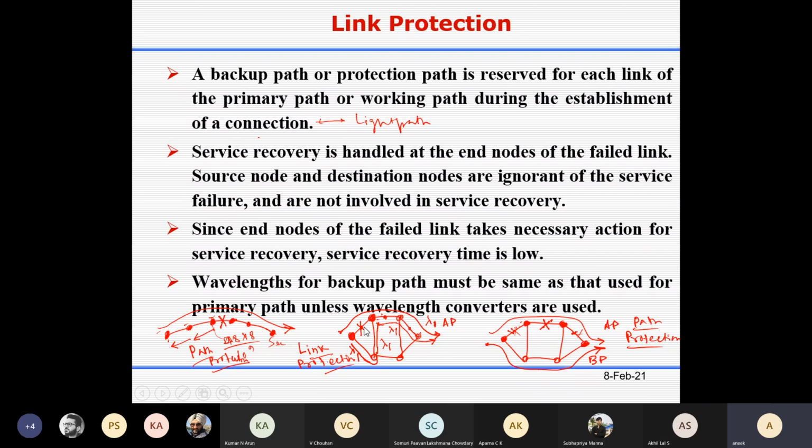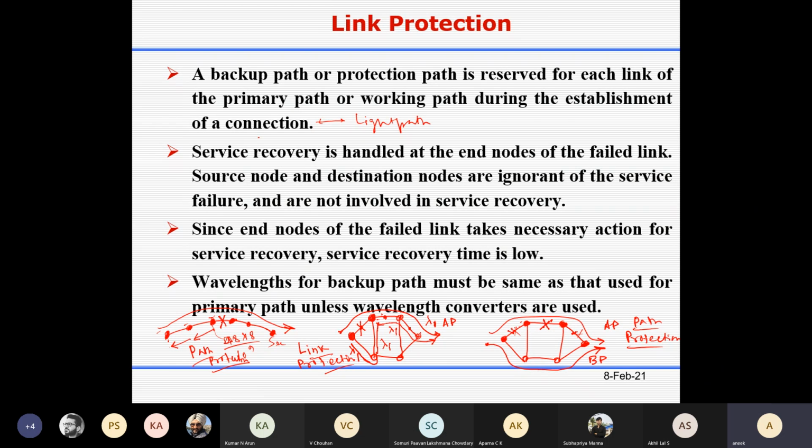But this is link protection because individually for each link there is an alternate path. If this fiber fails, this is the path we'll be using. But since in the remaining section I have to use the same path and same wavelength, I have to use the same wavelength over this fiber as well as this fiber.